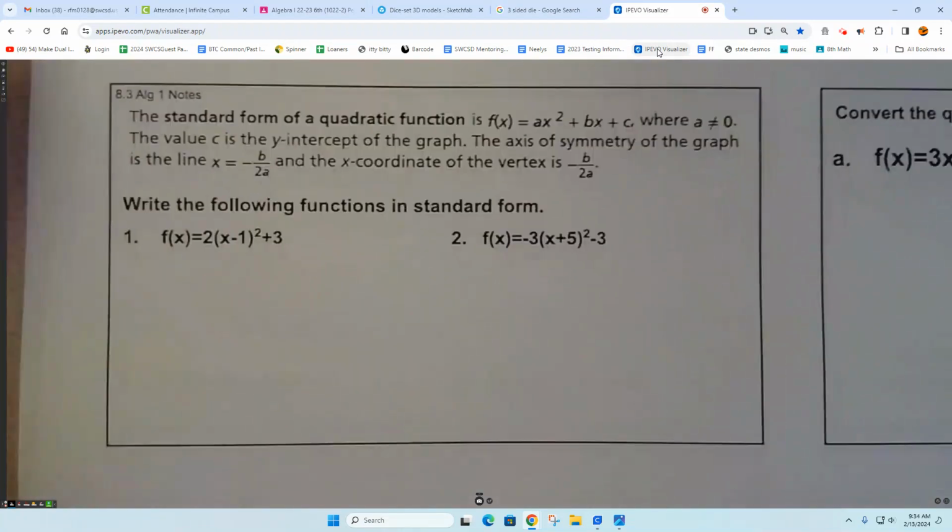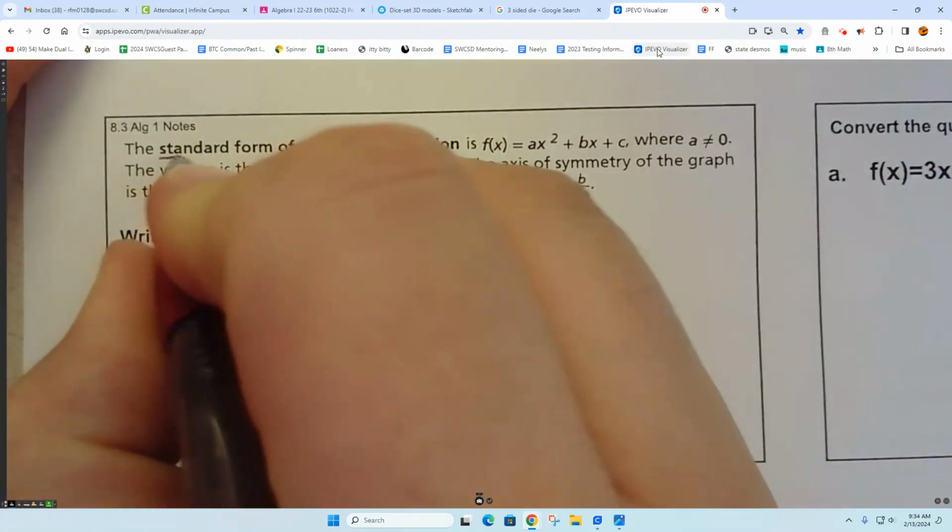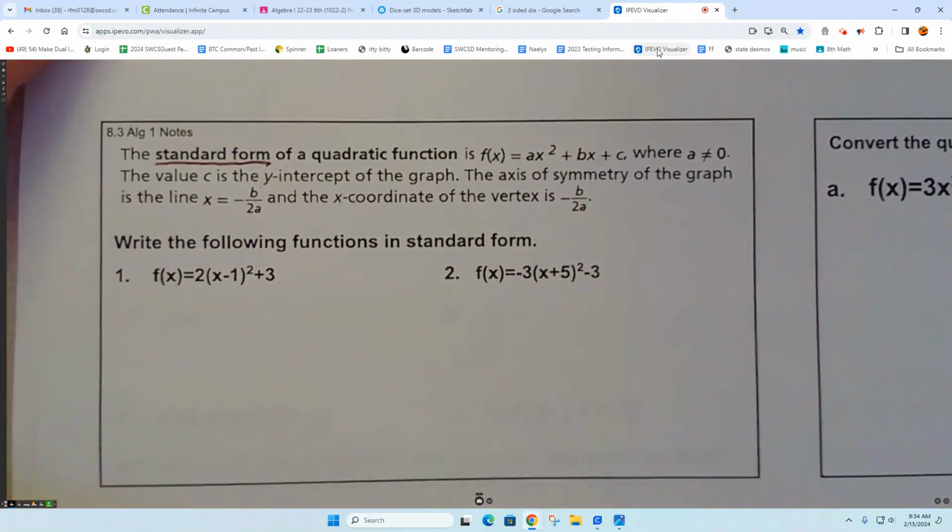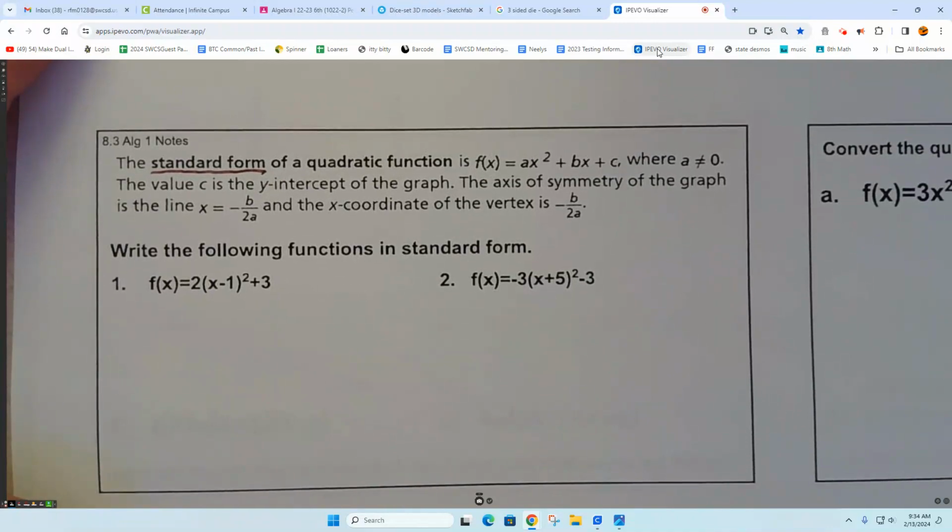All right, 3, 2, 1. Standard form. We've learned what standard form means. It means the highest power first, right? So,